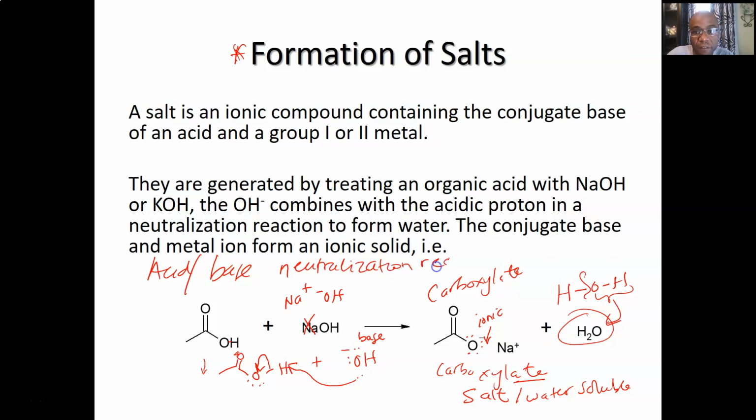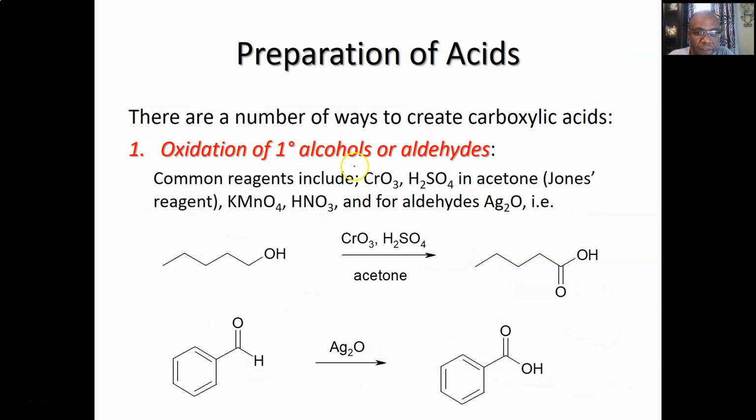Okay, because they're acidic. Okay, how do we prepare acids? The first preparation we'll talk about is from oxidation. So remember we said primary alcohols can be oxidized to aldehydes, but if it's a strong oxidizing agent, it does not stop at the aldehyde, it goes to carboxylic acid. That's one way. We also say that aldehydes can be oxidized to carboxylic acid using silver oxide, because aldehydes are